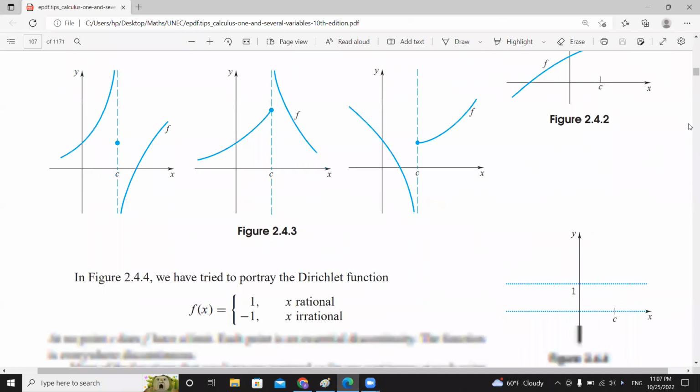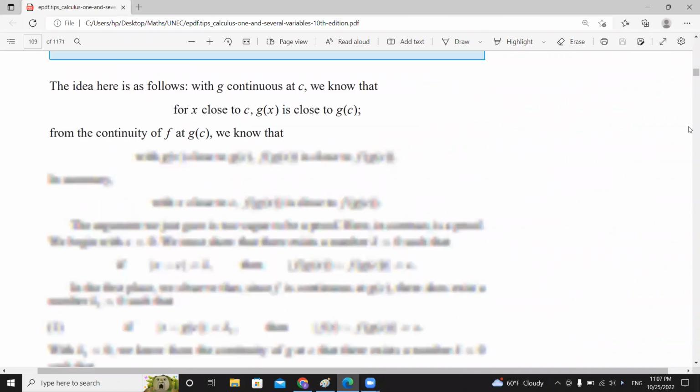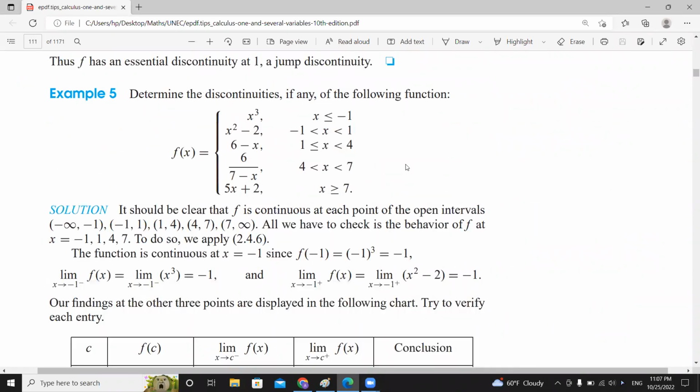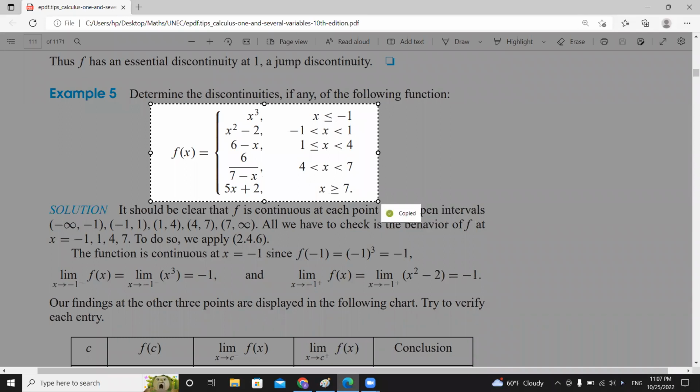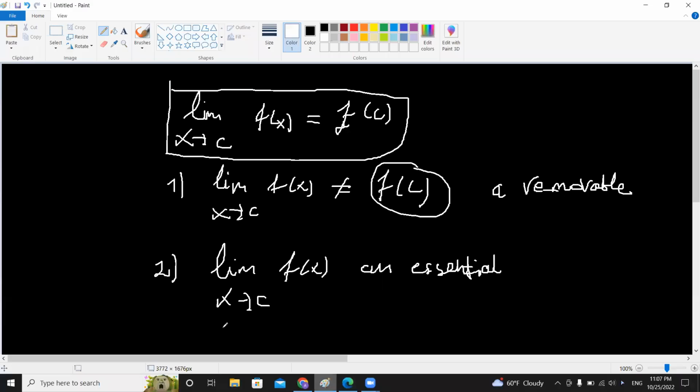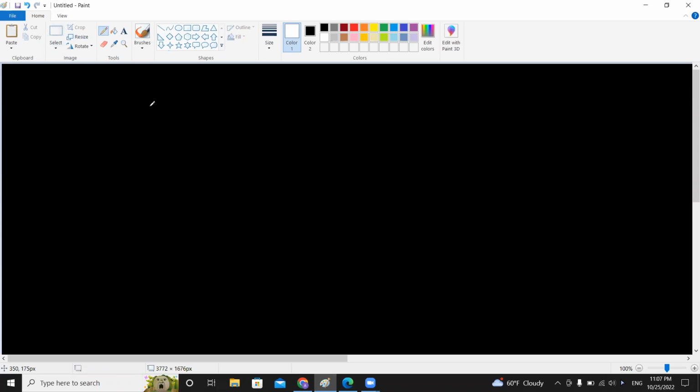So infinite discontinuities we can see not only from pictures, but we can also consider some examples. And today, as an example, I'm going to consider such a function in order to understand. But before I do it, let me take another one, an easier one for the start. So let's call it example one. Let's suppose we have such a piecewise defined function, f(x) equals 2x minus 1 if